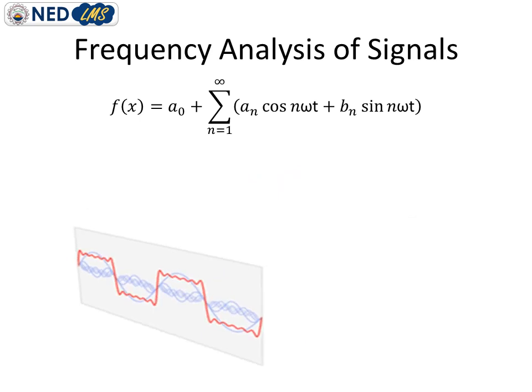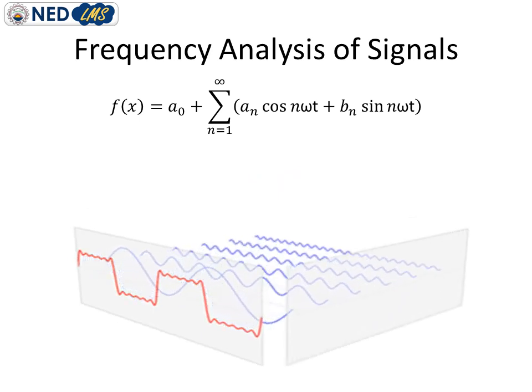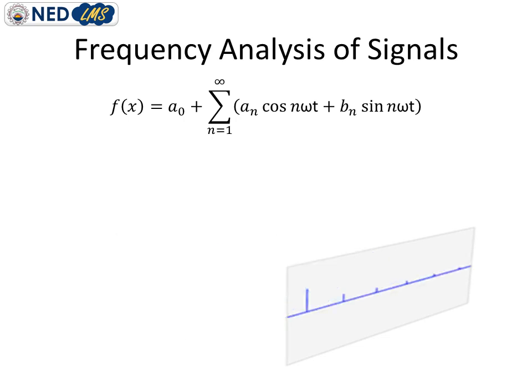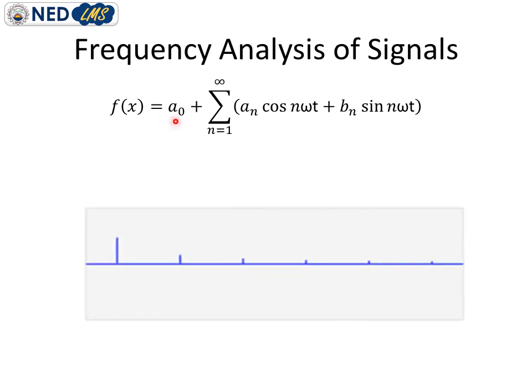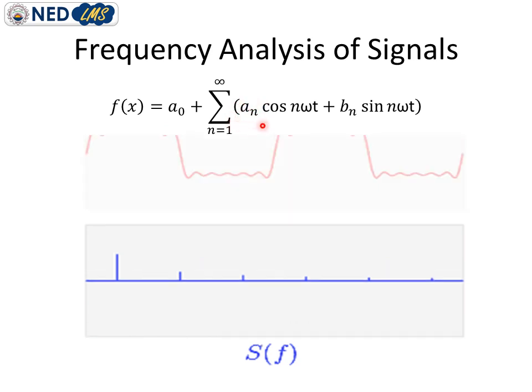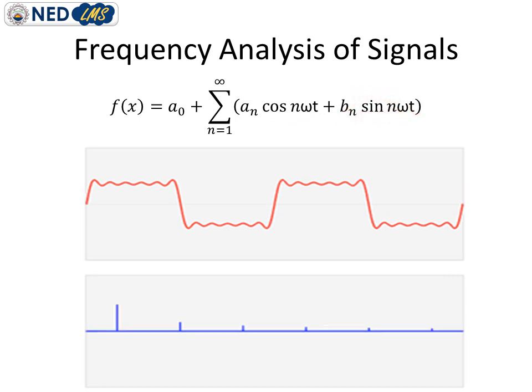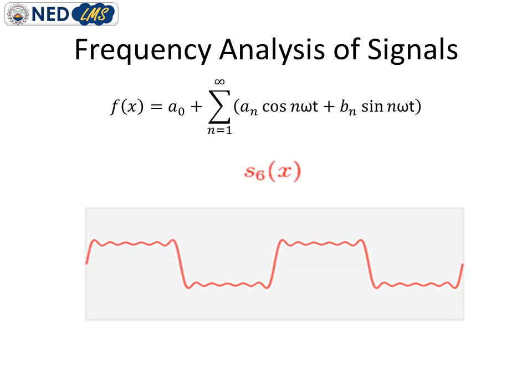If we add up these individual components, we get the actual complicated waveform. That is, A0 is the DC component, An is the amplitude pertaining to the cosine waveforms, and Bn is the amplitude pertaining to the sine waveforms. So if we combine all these three components,